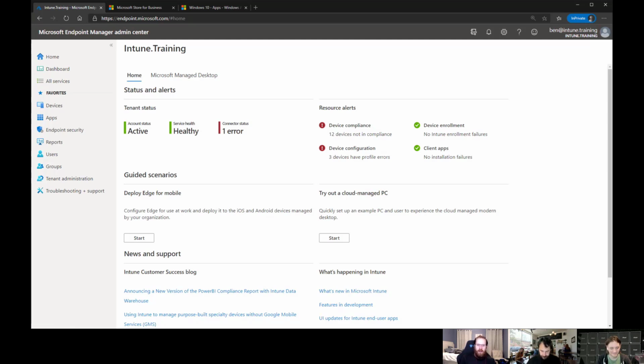Cody wrote a blog post on SCCMF12twice on talking about how to bring those back, where you flip a registry key and then the next feature update, it'll reprovision them for you. So there's definitely ways to get it back. The point of today's episode is to talk about how to do this without scripting, and to use the Windows Store